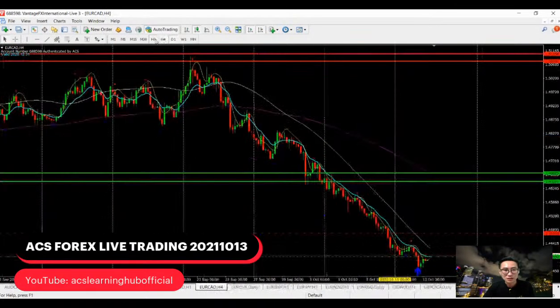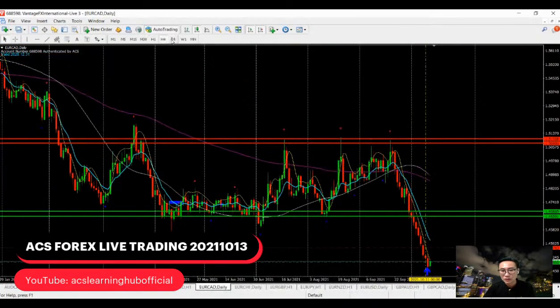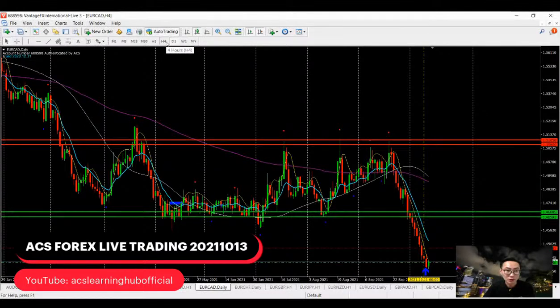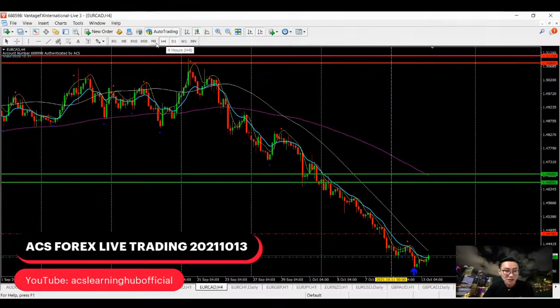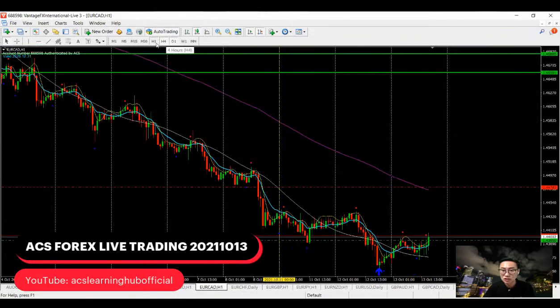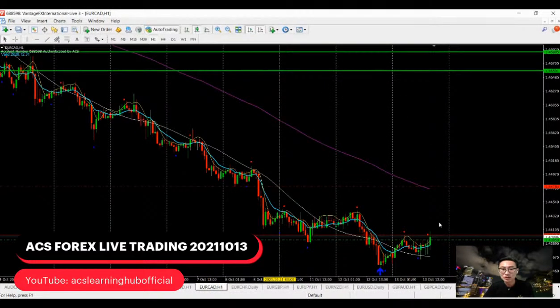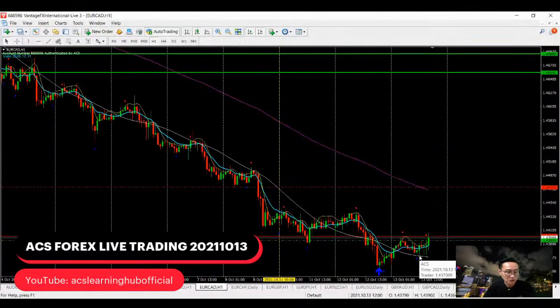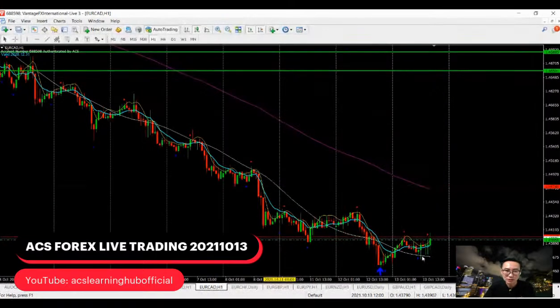So EURJPY. Let's take a look. We're on the support right now. Tentatively, we are still in the bear, but in the bear we are meeting with the support. So trading volume is moving with the support, and it is not as good. Now you can see there's a retracement, it's going up. Can you see all this for the past few hours? The lower wick over here is still pushing up. It doesn't show any signal of short, so forget about it.